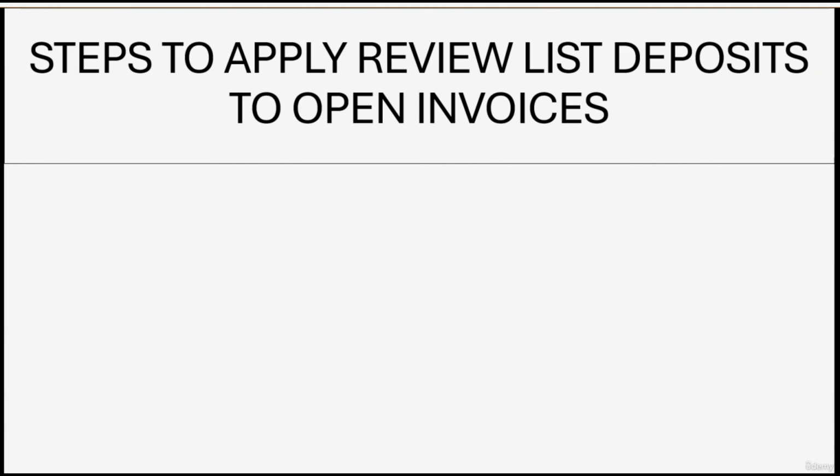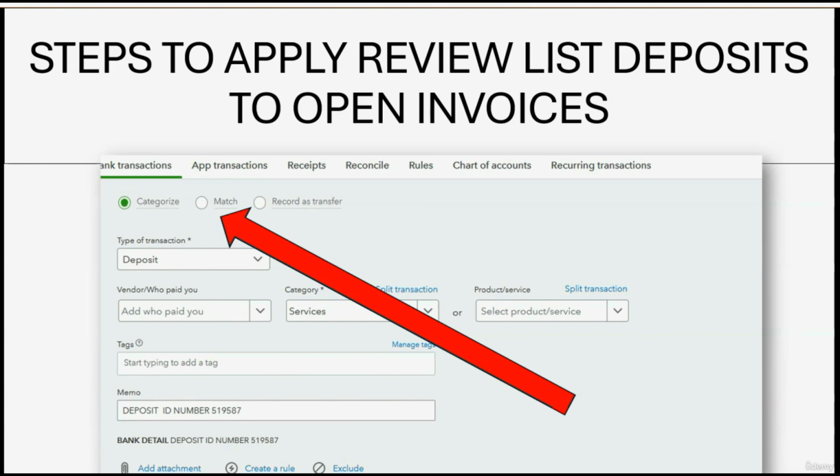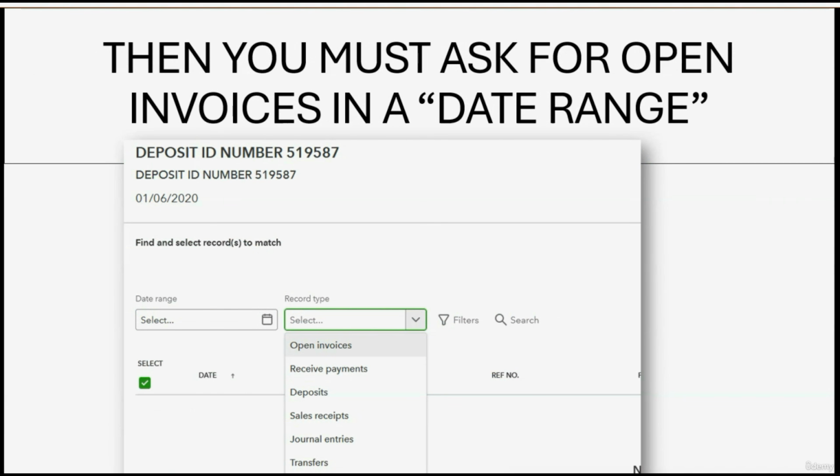Now you're ready to see the steps to apply any deposit downloaded into the review list to any particular open invoice. First, you have to click to open up the transaction that you want to apply to the open invoice, and you have to click Match. Now, it's not the same matching that we did earlier, but it's the same button that you have to click. And once you click that, you will see the same window that you saw before, but in that window, you will have to tell QuickBooks Online that you're looking for a list of the open invoices,